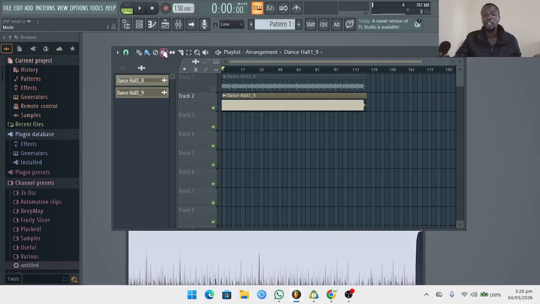Big difference, right? Let's break down how to get that sound. So the process is very simple. First of all, you gotta export your beat